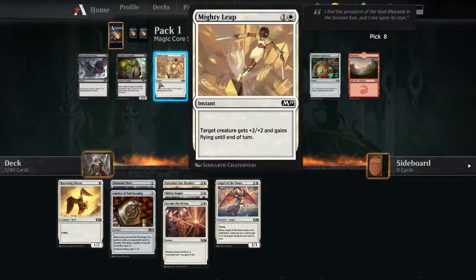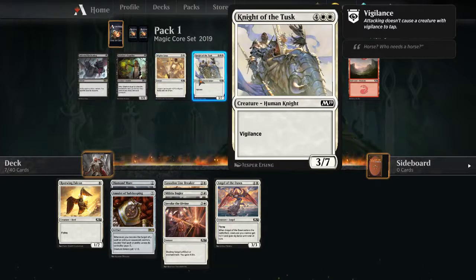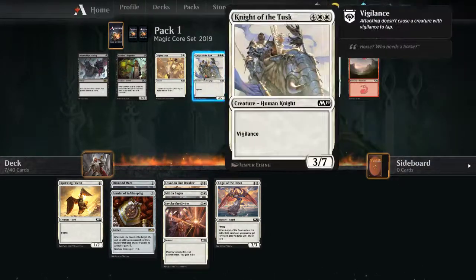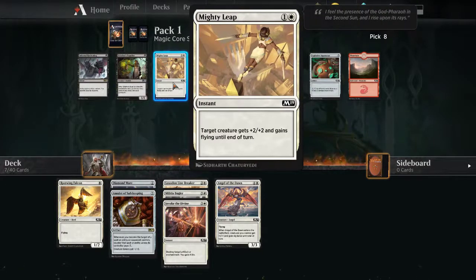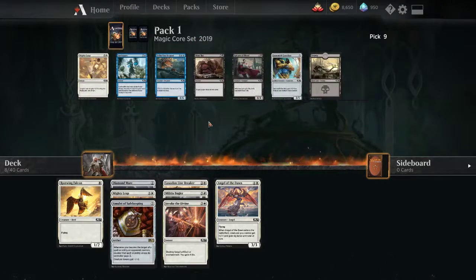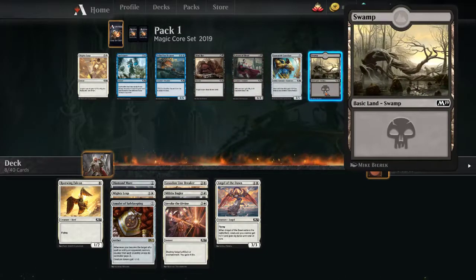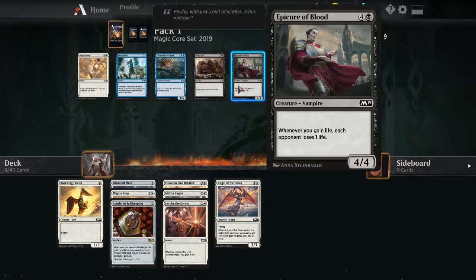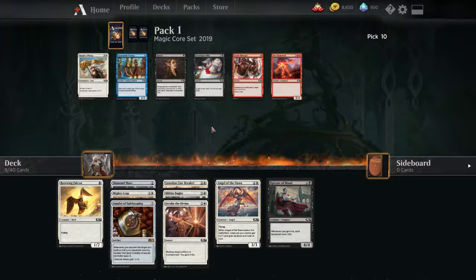Stitches Supplier. Mighty Leap. +2/+2 and flying. 2 mana. It's interesting. Well, not sure. Let's go with this one. Hopefully another one. Or perhaps let's put this one on the sideboard. Knight's Pride, Duress,